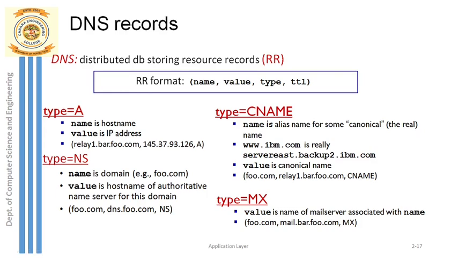So what is that host name of the authoritative DNS server? See this example, it will be something like this. foo.com is the first part, that is the domain name, and the second value part here is, instead of giving the IP address for the web server of foo.com, it is giving us the host name of a DNS server. And which DNS server is it? The authoritative DNS server belonging to foo.com, and that authoritative DNS server is the one which actually contains the actual IP address of the web server where you get the information about foo.com.